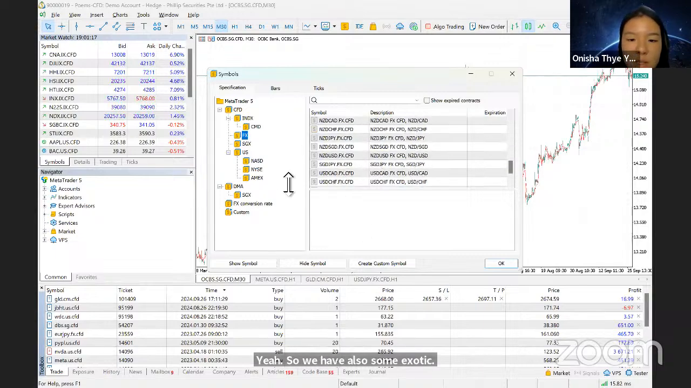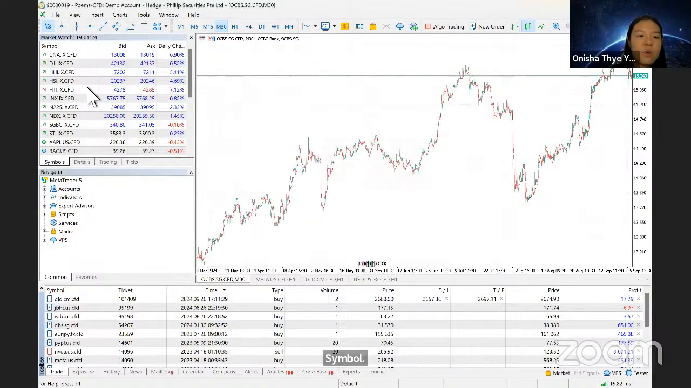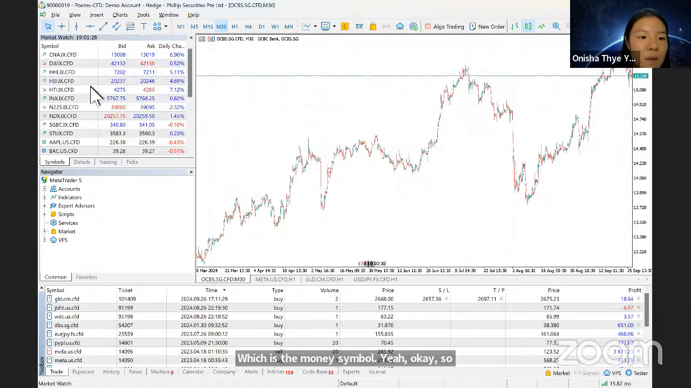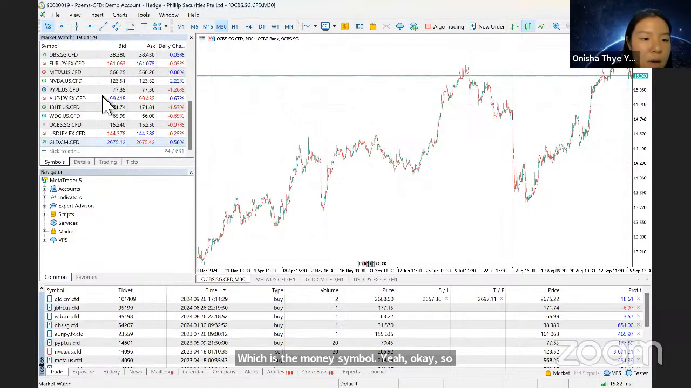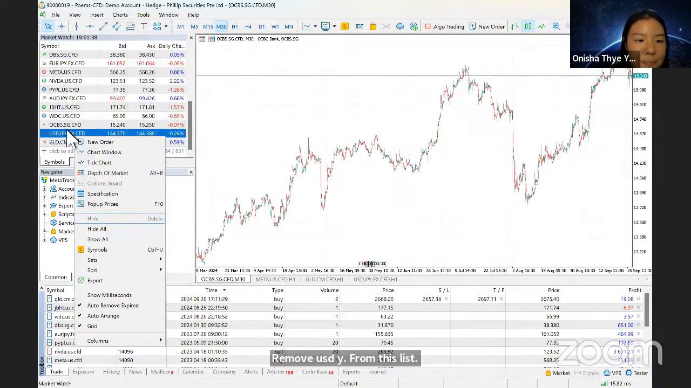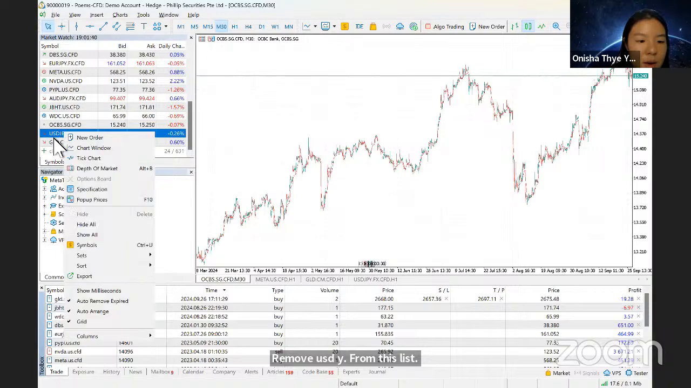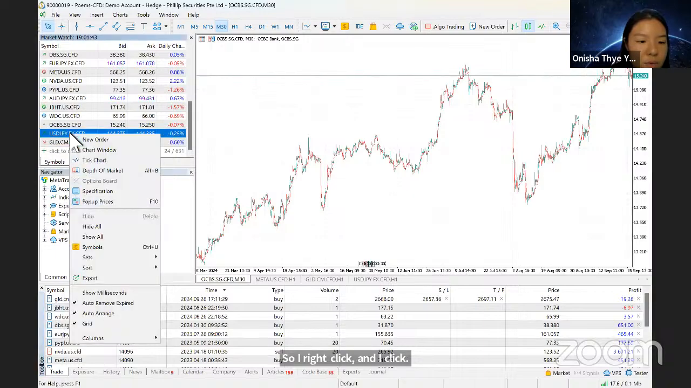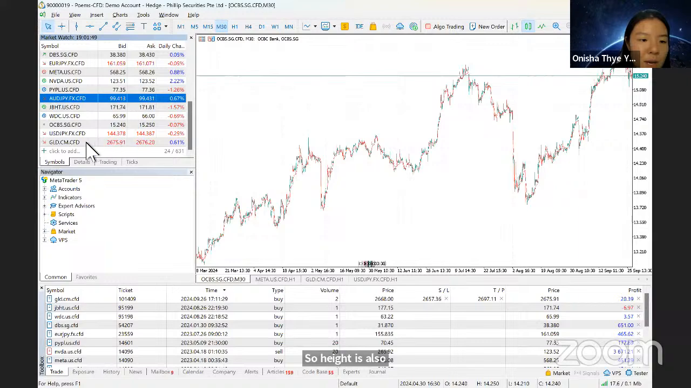So this is the main symbol, which is the money symbol. This one is all the counters that I normally look at. Let's say, for example, I want to remove USD JPY from this list. So I right click and I click remove from this, which is I'll use hide. So hide is also delete. Let's say this one is not available, then we can actually use